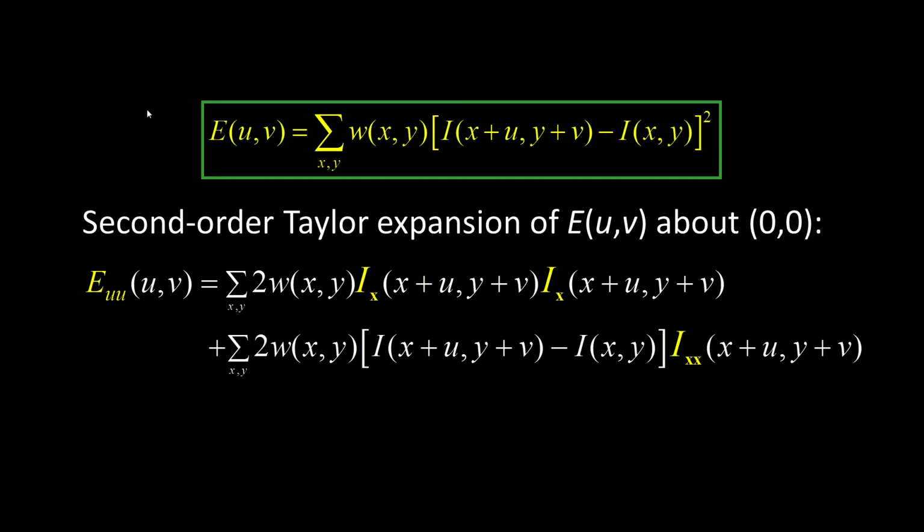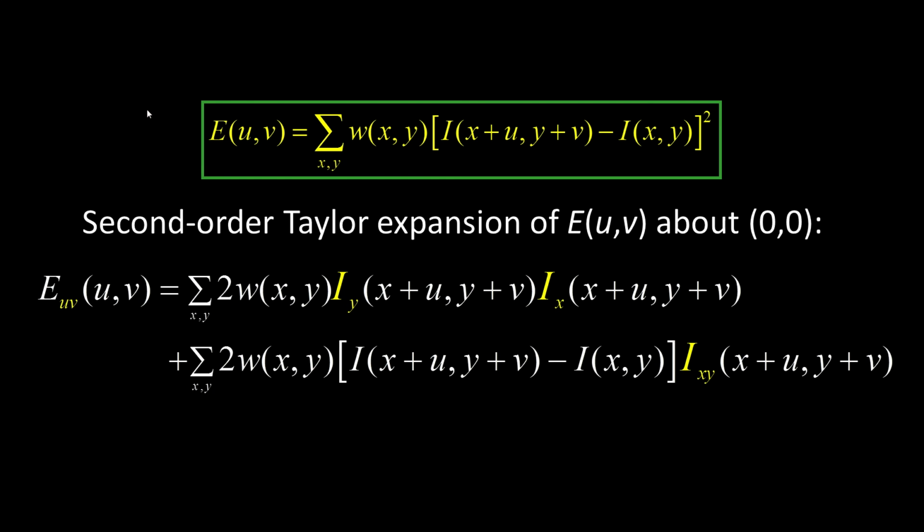The only thing left to do from that matrix, we had E_uu, E_vv, is the cross derivative. That just looks like this, where we take the derivative of the previous one, of u, with respect to v now, and we get something that looks like this. You'll notice that this has the gradient in y and the gradient in x. Remember, x is the same direction as u, y is the same direction as v. And it also has this cross derivative.